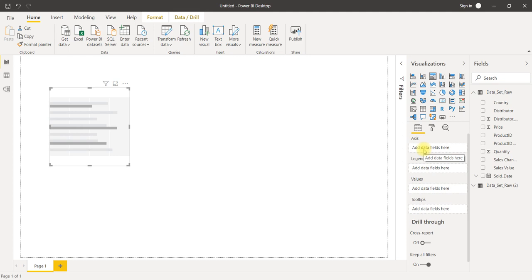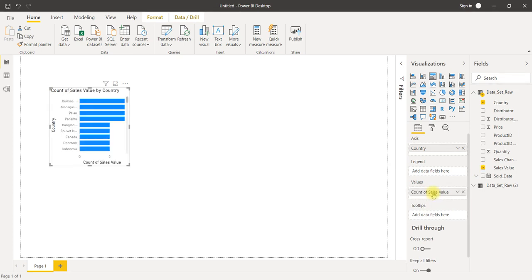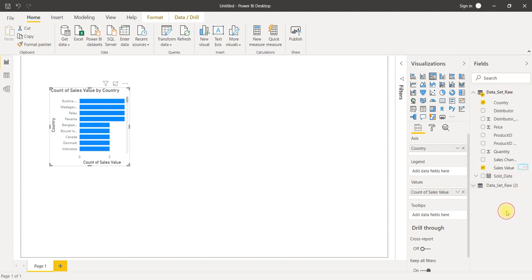For example, I would like to take country wise. Country to be in the axis, so that all the countries will be taken into the axis. I would like to know the sales value, country wise sales value. Here you can observe that sales is not in the format we have selected, so it is not showing in a number format. We need to change it to the number format.